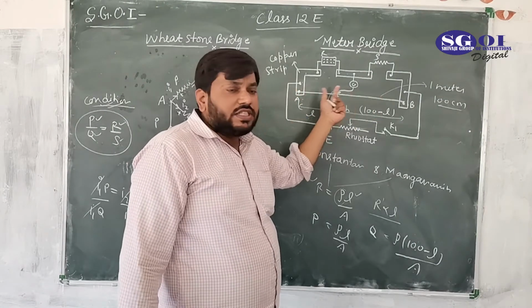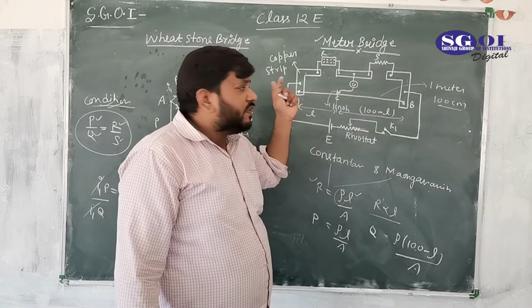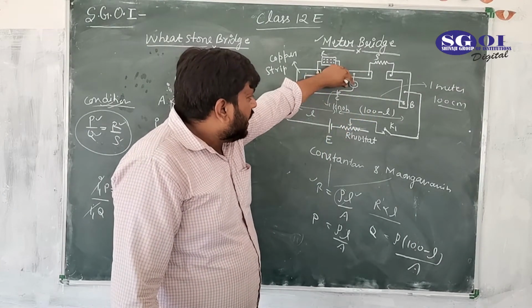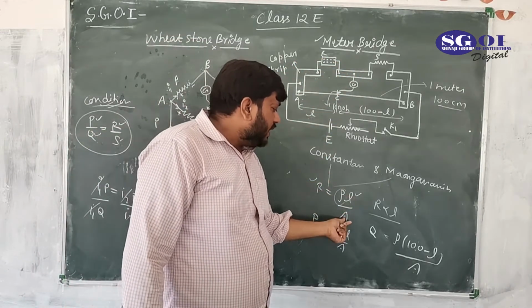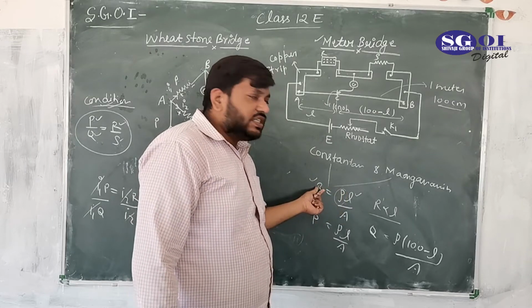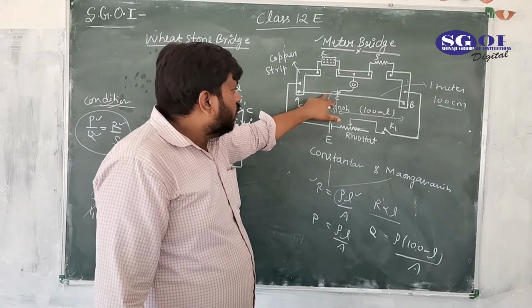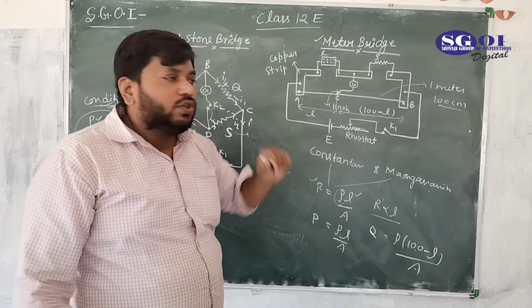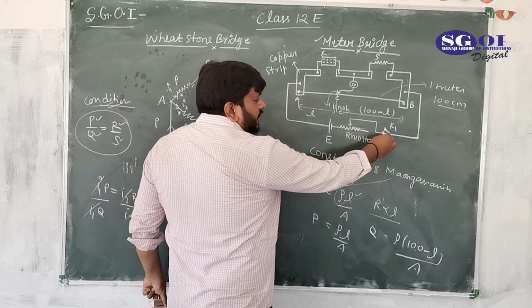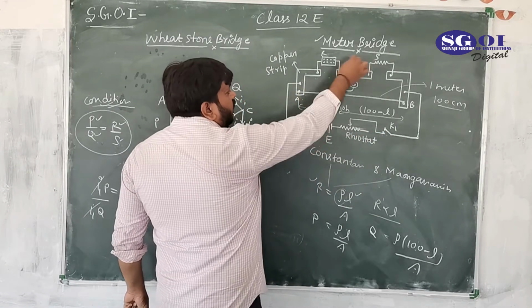We are changing the resistance by changing the length of this wire, by sliding this galvanometer on this wire. As you know, R equals rho L by A, it means length is changing, means resistance is changing. And at a particular point on this wire, the deflection in the galvanometer would be 0. If we press the key K1, the current will start to flow.